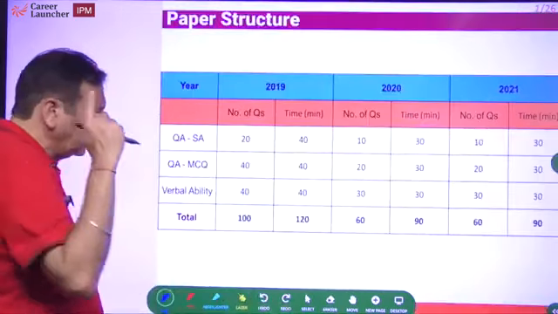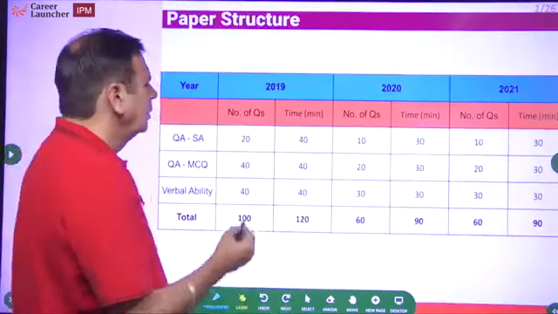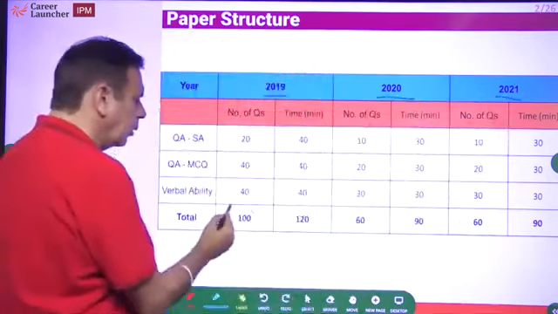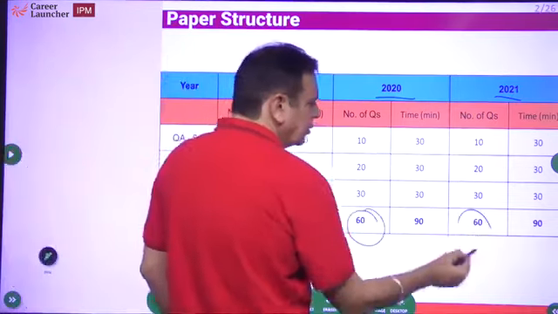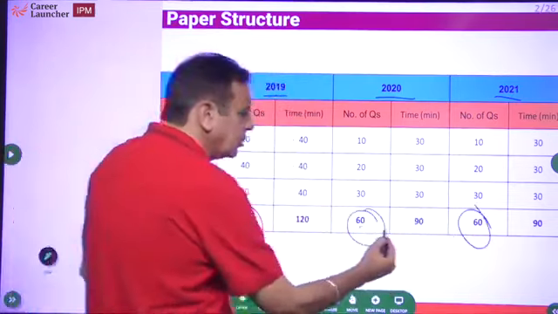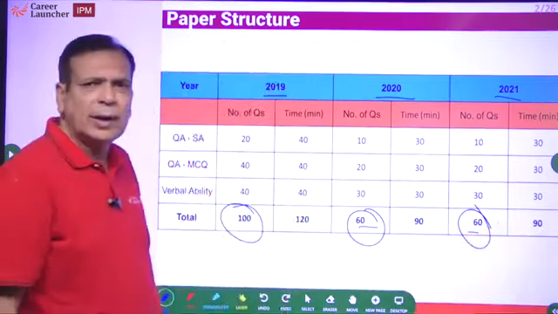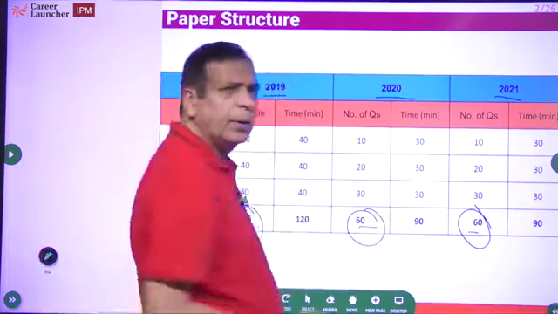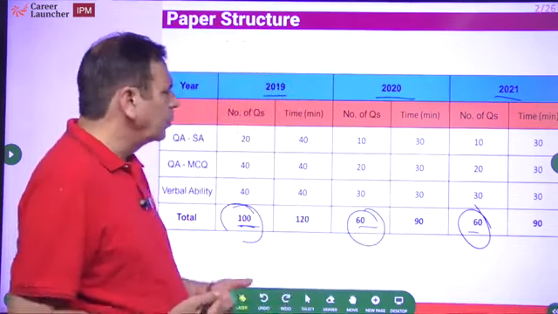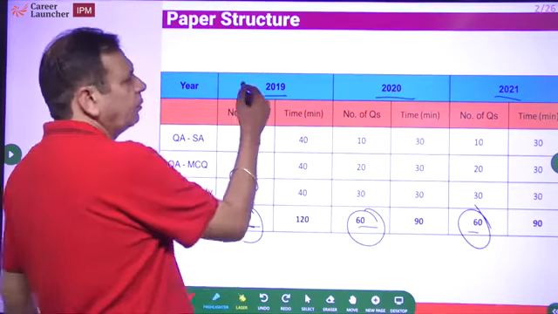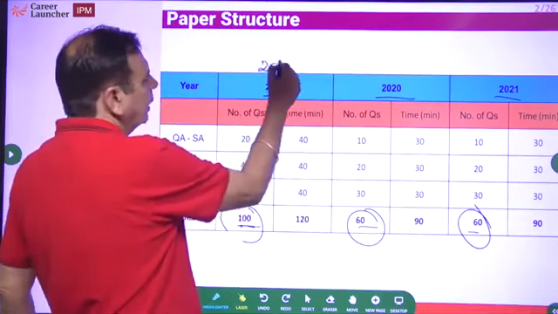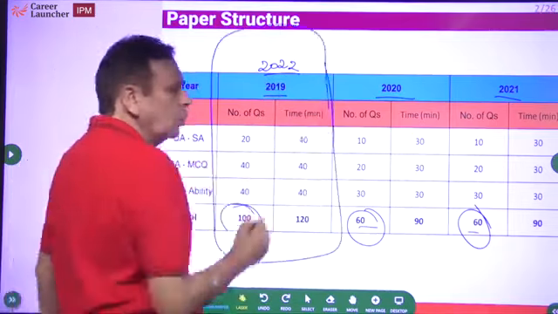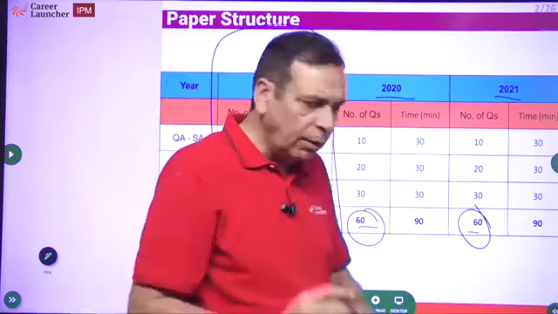Okay, but before that, a quick recap. What is the paper? In 2019, 20, 21, the number of questions were 100, 60 and 60, right? Why did this become 60 and 60? COVID. 2 घंटे में पेपर निकालना की जगह, instead of 2 hours, they wanted to do a paper in 90 minutes. Shorter paper, number of questions came down. Going forward, as far as IPMAT 2022 is concerned, this is the pattern going to be. So this is the relevant pattern for us going forward, and this is what you should be focusing on.